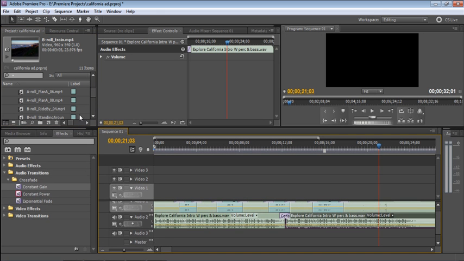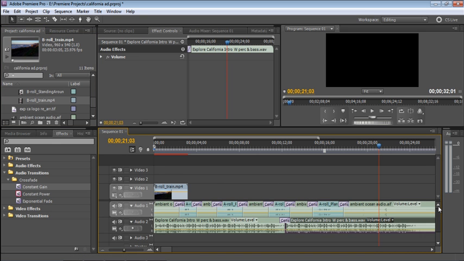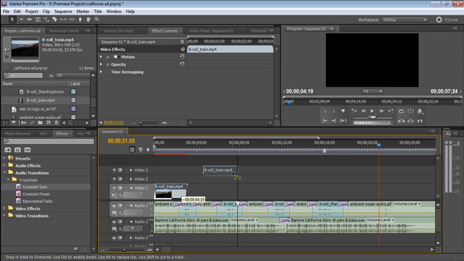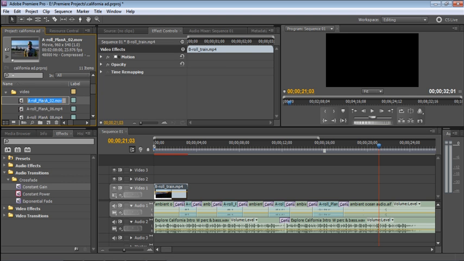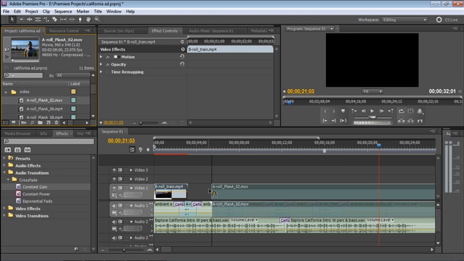So if I grab the B-roll train and pull it onto audio 1, or video 1, sorry, and put it right there, notice that I don't have any audio here at all. Okay? No audio went on because the B-roll train doesn't have any audio. But if I grab my A-roll, plan A, because that's got audio on it, see what happens? See how the audio is locking onto audio 1? If I put this down right here, it's going to erase everything that is on audio 1, which is not